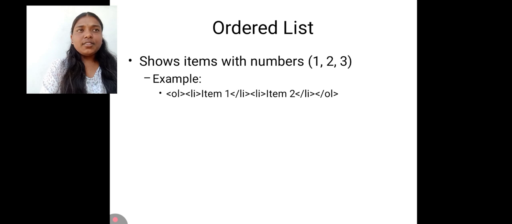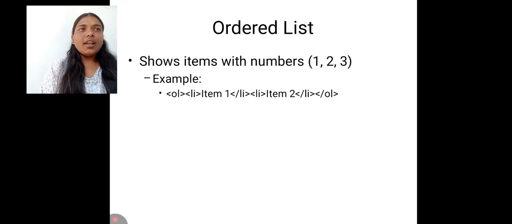HTML allows us to change the numbering styles using an attribute. We can display numbers as normal numbers like 1 to 3, capital letters ABC, small letters abc, or Roman numbers. By using the type attribute, we can define which type of letters or numbers we want. Also, if we don't want to start from one, we can give OL start equals 6, or wherever we want to start.